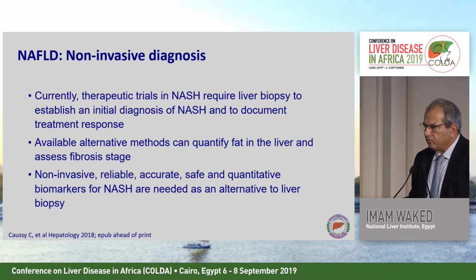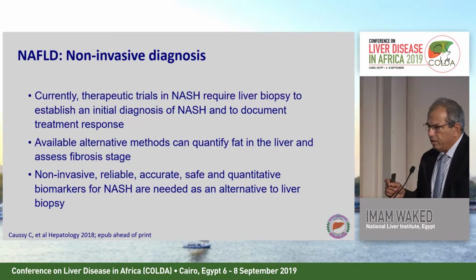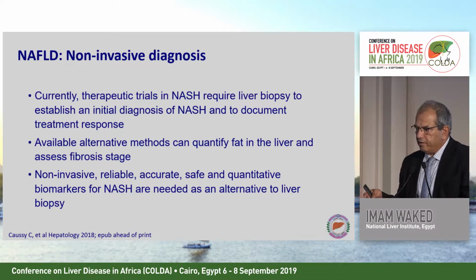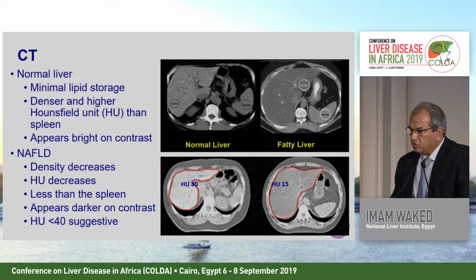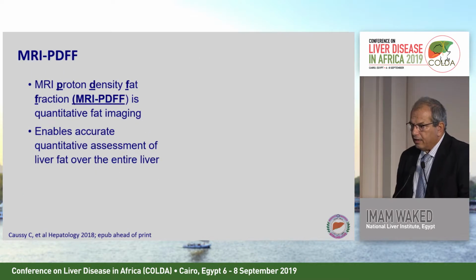But most therapeutic trials still require a liver biopsy to prove the efficacy of their medications. The available alternatives either quantify the fat or quantify the fibrosis, but none of them can diagnose the presence of liver inflammation or histological changes in the liver. CT can diagnose the presence of fat in the liver, probably slightly better than ultrasound. It compares the density of the liver to the spleen, and they can say that there is fat in the liver. And MRI